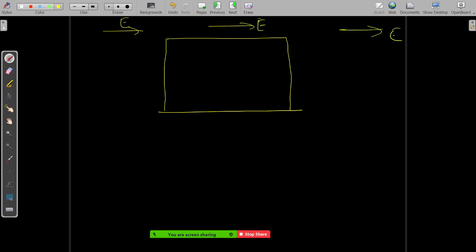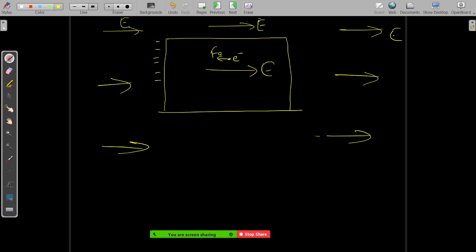So this electric field is existing in this region. Since it is inside this region, there will be an electric field here also. Due to this electric field, an electron will be experiencing a force in this direction, some force, and so many. So that's why a lot of electrons will be getting accumulated on the left hand side. So automatically the right hand side will become positively charged. So this metal conductor will have some charge arrangement like this.